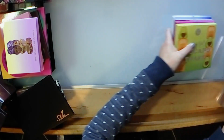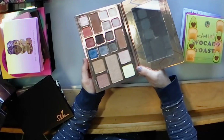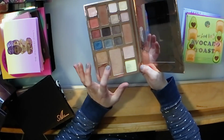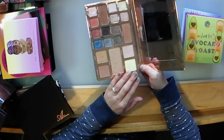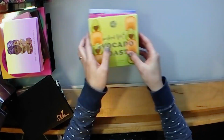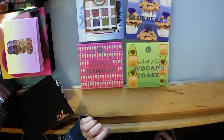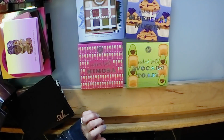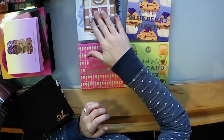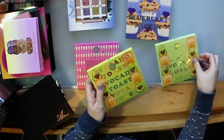So the next palette I ended up purchasing is the Desert Oasis, and this is a very nice neutral color palette that has some punches of color to them. And then the last 4 palettes that I have are from their weekend vibes, and then I do have one of their travel series. So I bought the Avocado Toast palette,